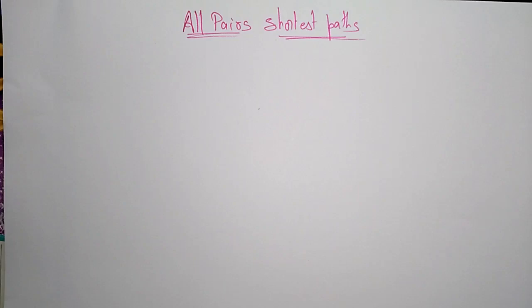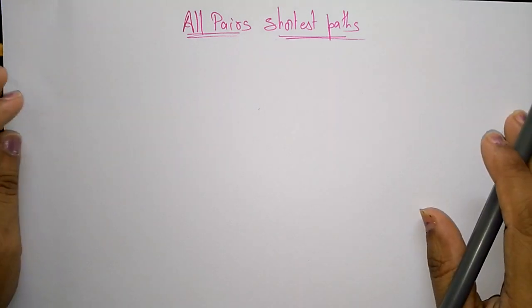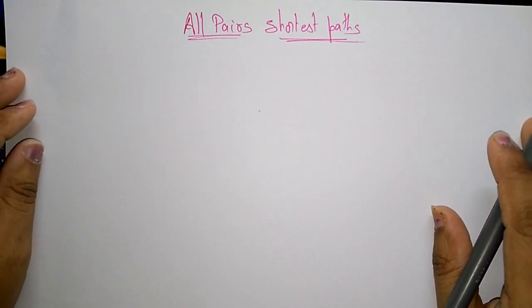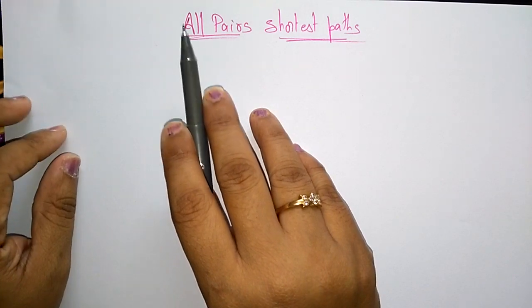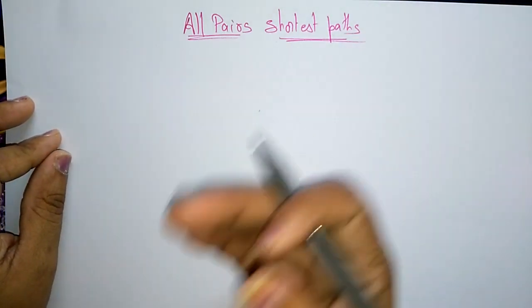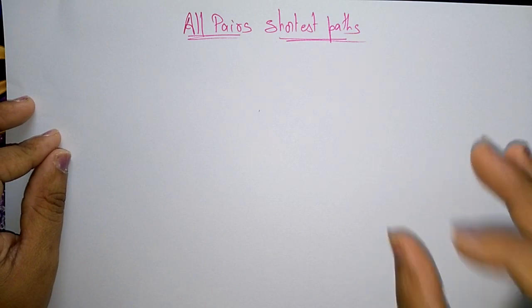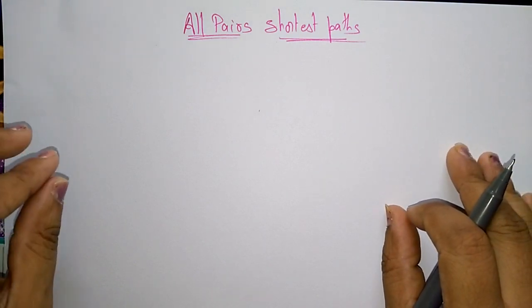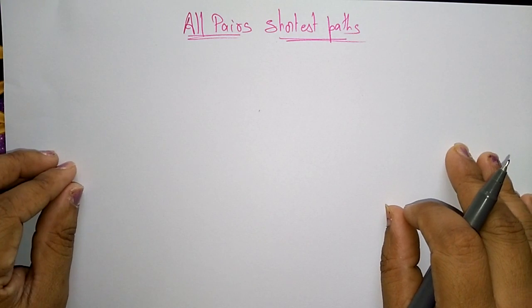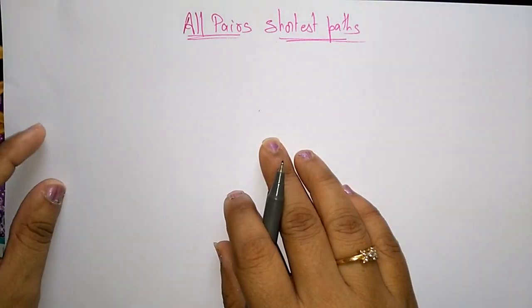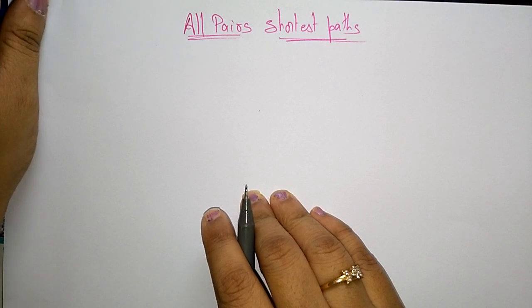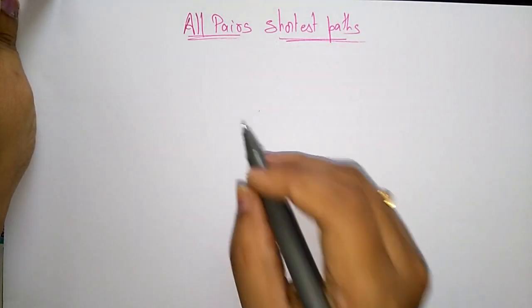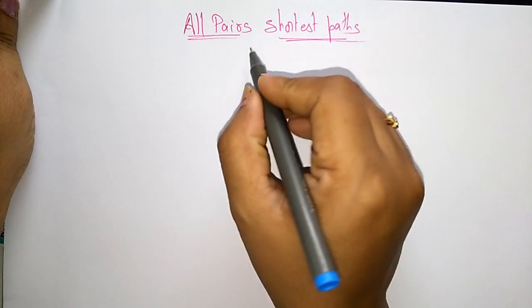Hi students, coming to the next application of dynamic programming, that is the all pairs shortest path. So in the previous video I had explained about the chain matrix multiplication. Now let us see the all pairs shortest path. The name itself is saying that all pairs. So we have to consider all the pairs that are present in whatever graph we have taken. By visiting all the pairs, all the vertices, we have to find the shortest path by using the dynamic programming approach. So in the all pairs shortest path problem, we have to find the shortest path